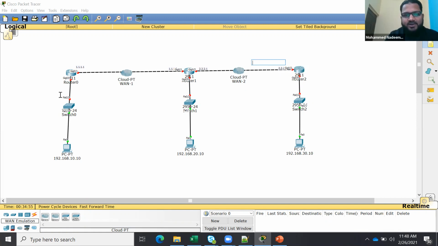These will be our IP addresses. This interface will be the gateway 192.168.10.1, here 192.168.20.1, this gateway, and here also 192.168.30.1. That's it. See, this is called a plan.